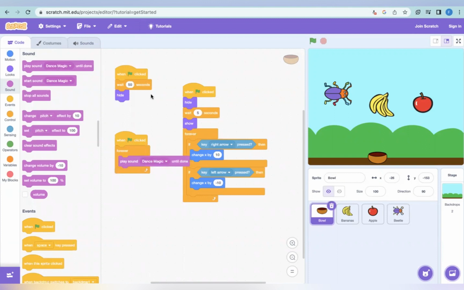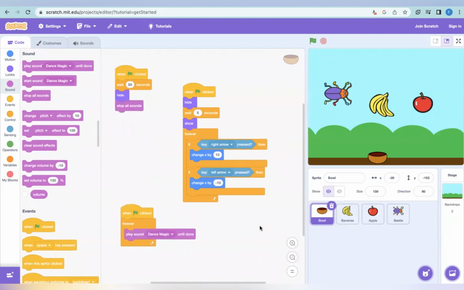Now we need to tell the computer when the 50 seconds, you're gonna wait for 50 seconds, people are going to play the game, then you have to hide this container, and after that you have to stop all sounds. So we have done coding for this container. Now we have to do coding for